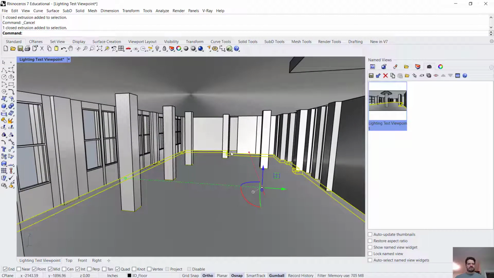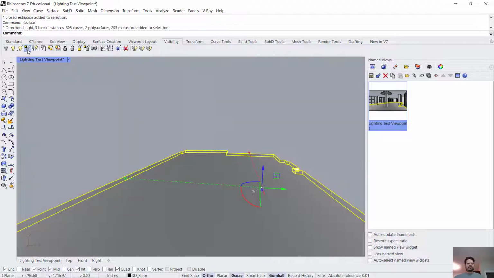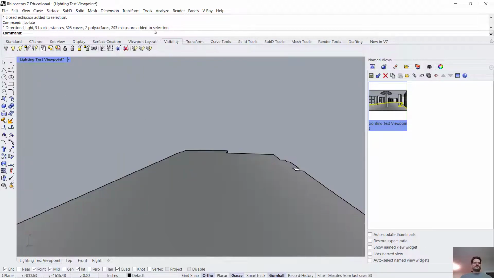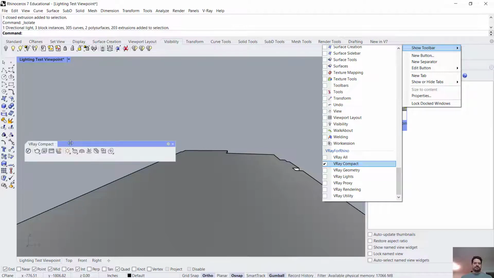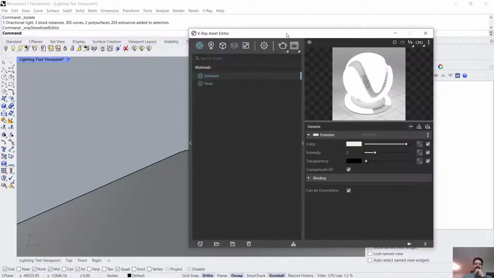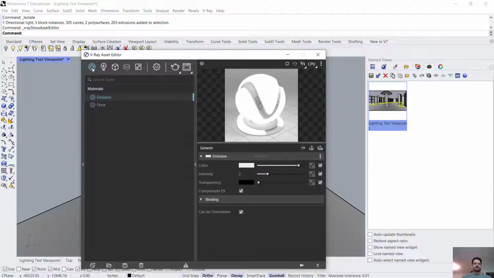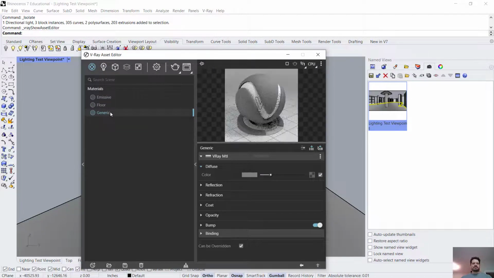I'm going to work just with the floor, so I'm going to go to my visibility tab and say isolate objects, which is going to hide everything but that object. And then I'm going to open up my VRay compact menu, go to my asset editor, to my materials tab, and make a new generic material, which is a very, very flexible format for a material. I'm going to call this wood floor. I'm going to assign it